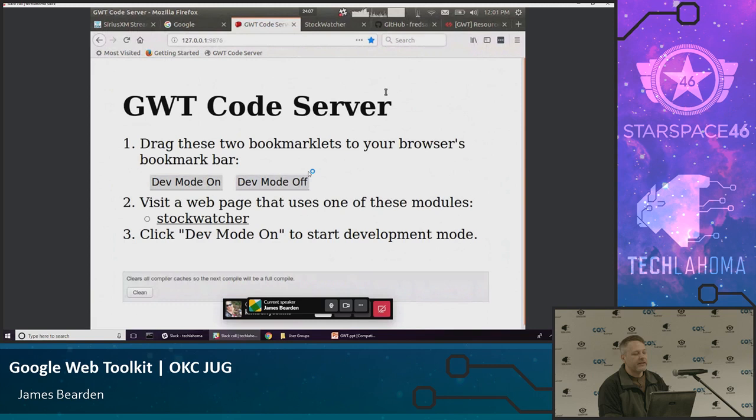Okay, so now we're getting into the dev mode, and how the dev mode works is the compiler has not compiled it to the production level optimized JavaScript. I don't know exactly what it does, but it's sort of like this intermediate step where it gets in between the browser and the JavaScript and then compiles the Java on the fly somehow. So what that means is that if you go to the file